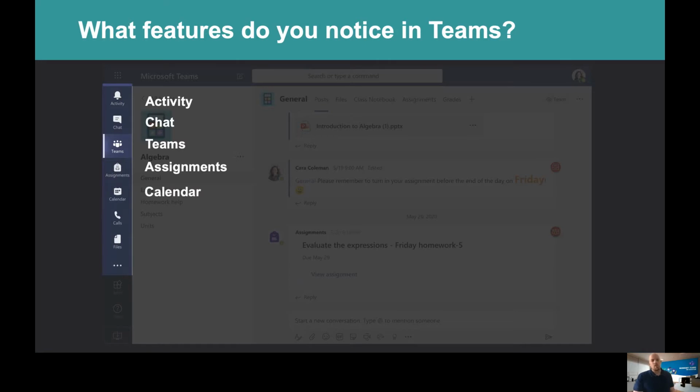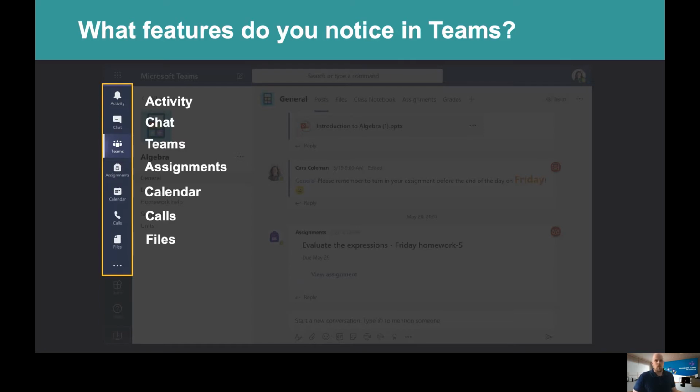We then have the calendar, which is a great little feature. If you're using an Office 365 calendar, it will sync with that. So if I open up my calendar in Outlook and I make a change in there, that change will be reflected in my calendar inside of Teams. We then have the calls feature, which, if it's enabled in your organization, you will be able to call certain people who are part of your organization. So for example, because I work for a group that has multiple schools, I can actually call teachers from other schools.